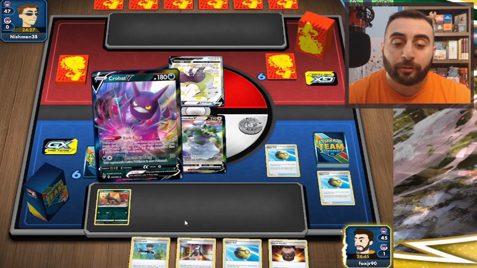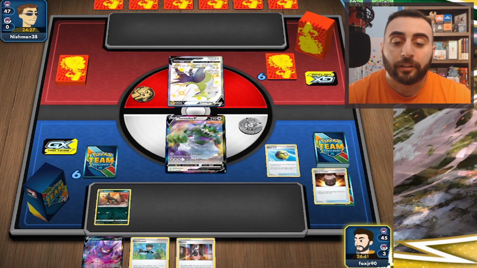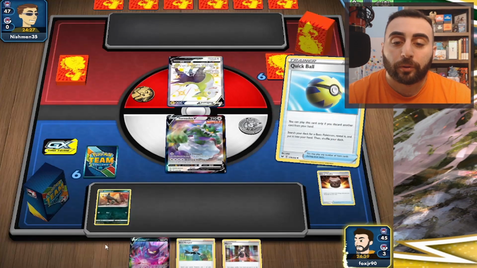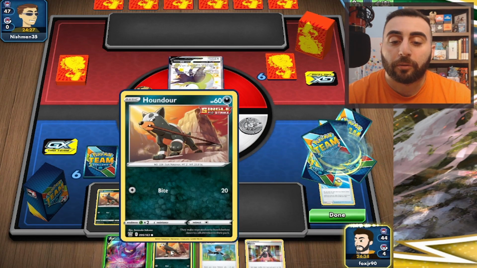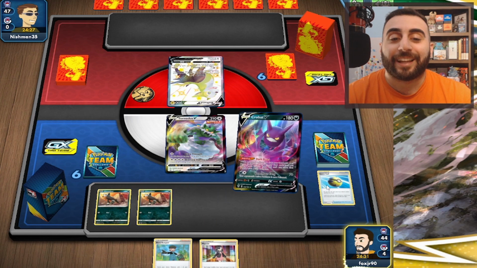We'll drop the Crobat. Actually, no, we won't. We're going to drop the Urn, and we're going to get another Houndour. Houndour is so important. We might be playing a PikaRom, which is, of course,